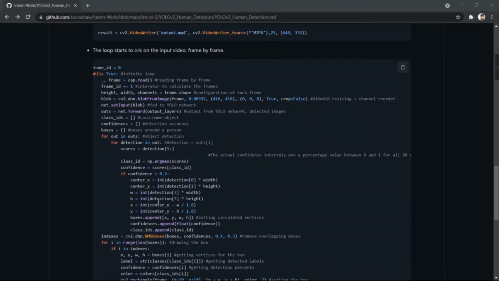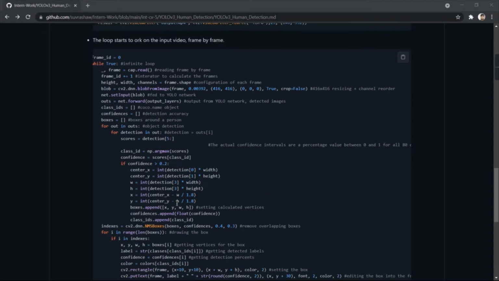Okay, here you can see that we have stored W, H, X, Y values. Okay, now setting the calculated vertices, we used the append method and passed all these values as arguments.